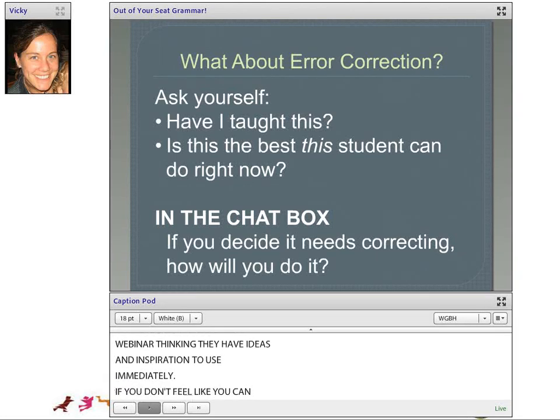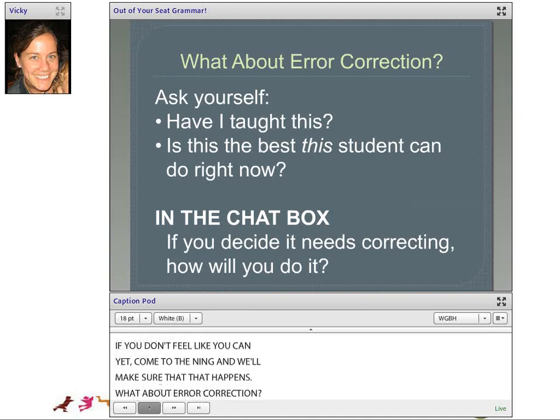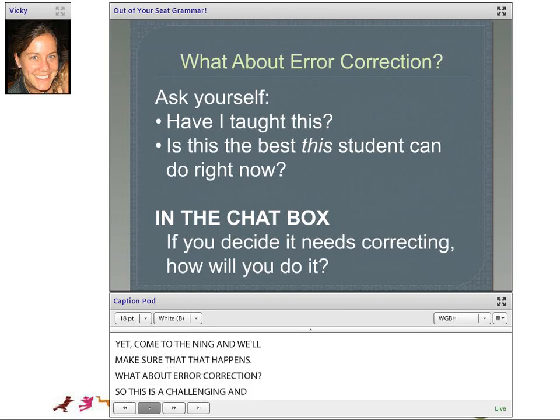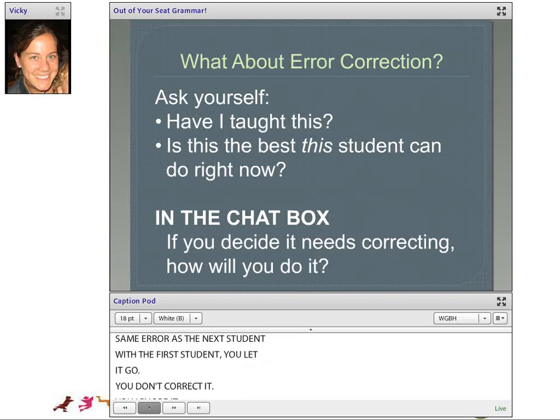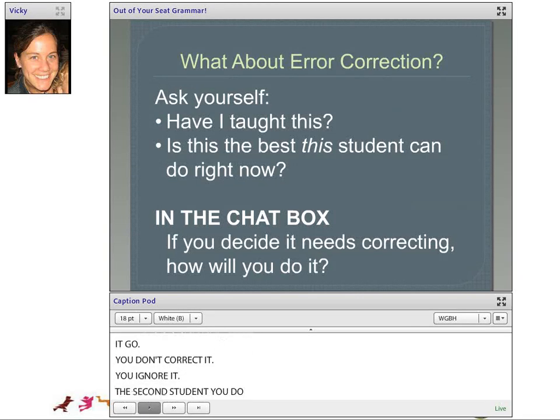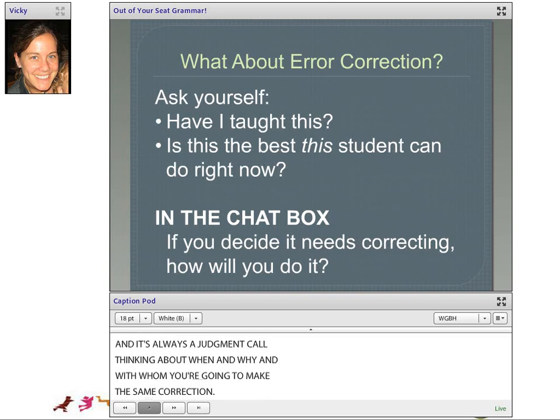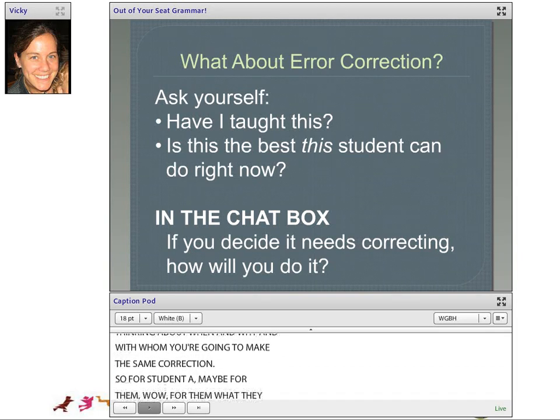What about error correction? So this is a challenging and funny thing because in a class of 10 people, let's say, one person might make the same error as the next student, and with the first student, you let it go, you don't correct it, you ignore it, and in the second student, you do correct it. And it's always a judgment call, thinking about when and why and with whom you're going to make the same correction. So for student A, maybe for them, wow, for them what they said was really good. That was new for them and they're really trying, and